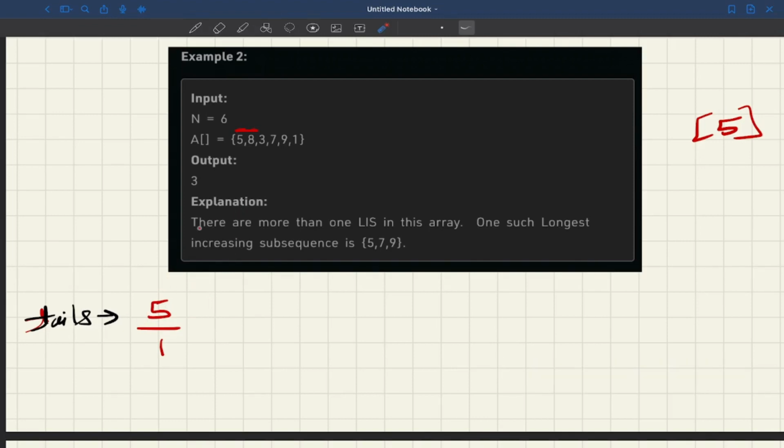8 is greater than 5, yes. So 8 will expand this subsequence. 5 comma 8 will become a new subsequence. So since 8 is greater than 5, I can append it, and on appending it, I will get a new subsequence of length 2. So at index 2 I will place 8. So 8 will become the tail of this subsequence, 5 comma 8, right? Now I will traverse